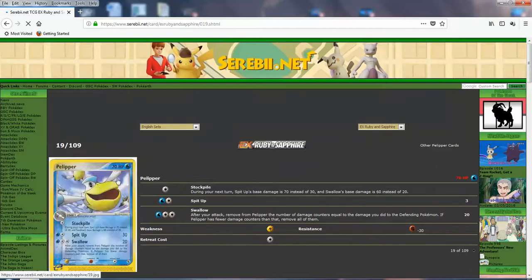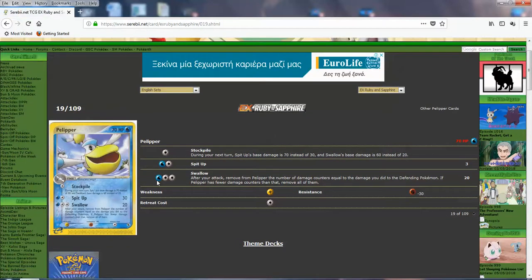Just because, okay, so 3 attacks. Wow, impressive. So this might be like the first Pokemon that has 3 attacks, actually. Cool. Didn't know this, so here's some trivia for you. Since this is the first Ruby set and I'm seeing you have 3 attacks, it might be the first guy, actually. So you do Stockpile. Spit Up's base damage is 70 instead of 30 next turn. And Swallow's base damage is 60 instead of 20. Okay. And Spit Up is 30 for 2. Swallow is 20 for 3. And after your attack, you remove from Pelipper the number of damage counters equal to the damage you did to the Pokemon. Wow, okay, so you do this sort of use Stockpile and then use one of the other attacks,